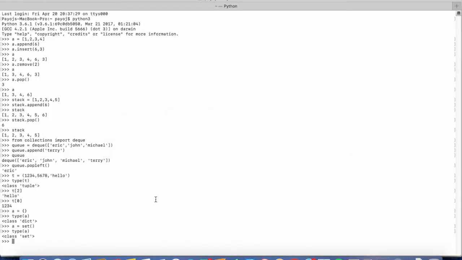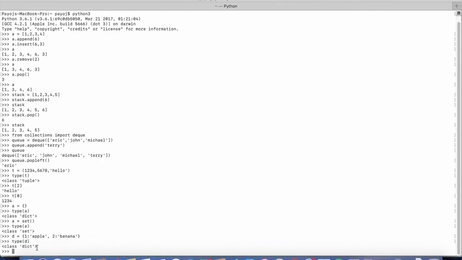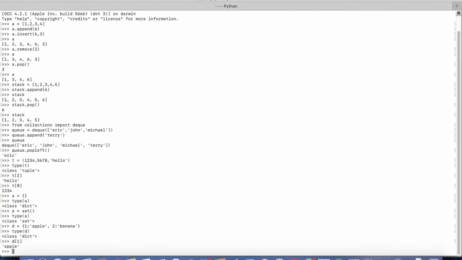So let's define a dictionary. Let's say I'm defining a dictionary with 1 as apple, 2 as banana. If I check the data type of D, it will return dictionary. Now if I want to access apple, I'll enter the key, and it will return the value of that key.